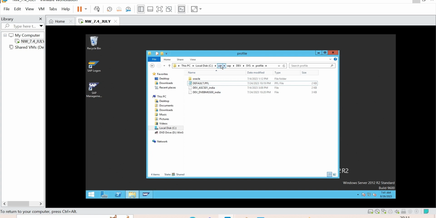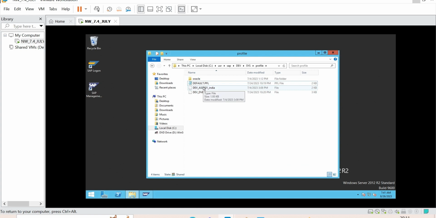It contains all the configuration information, settings information and logs. All the configuration and settings information will be in your profiles directory. It will come and read these profiles and start your application server. If I delete these, your SAP system won't start.